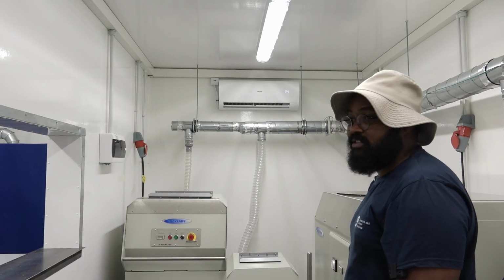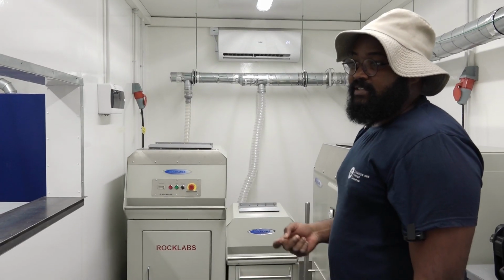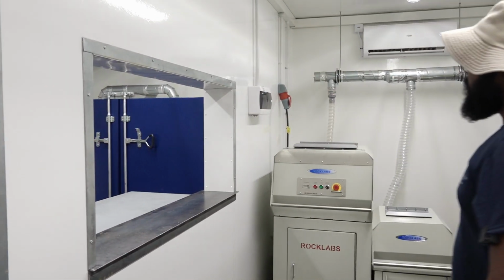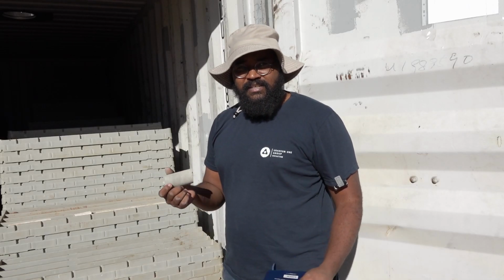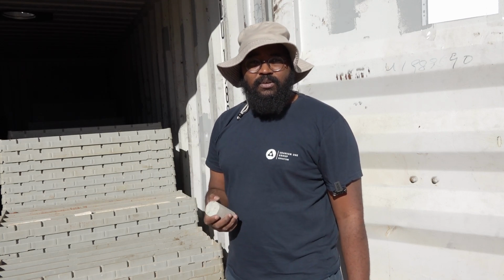It's where we are crushing all the rocks so that we have pulverized samples for further studies with acid. And what you see there in that blue cabinet, that's where we also dry up the core samples, because when they're coming out, they're normally wet. So the interval of studies is taken out where we crush it, and then we study the content of uranium